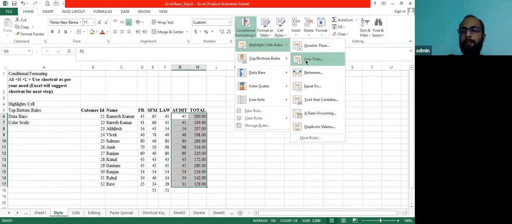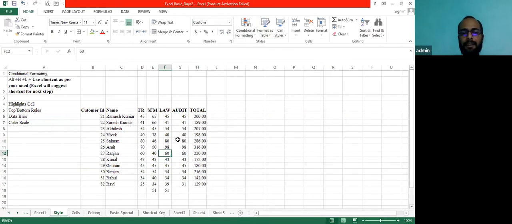Then there is another important option here, the text content. So let's suppose sometime it happens we used to prepare the database and we repeat the data. Let's suppose I am repeating the same data. 33. So by mistake, I have repeated the database of 2 students in this table. So how would I be able to identify it?